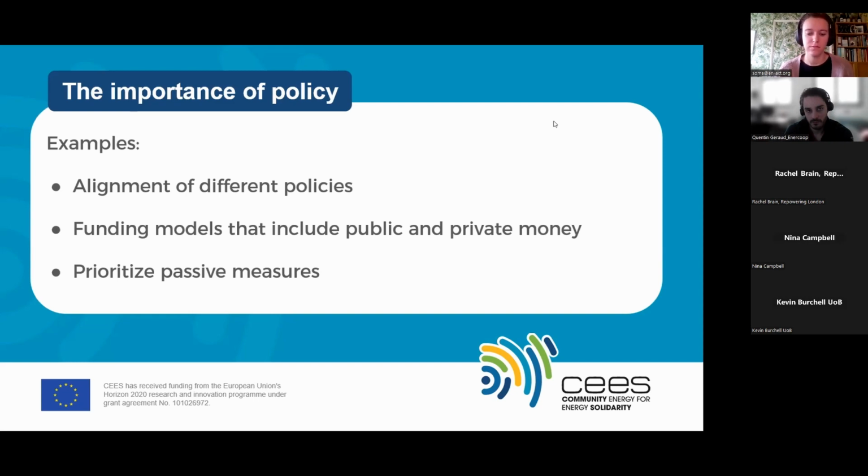direct this public money to those who are in energy poverty, or to the citizens that don't have money to pay for their own self-consumption systems, be that photovoltaic or other items. And the other thing that we discuss in this paper is to prioritize passive measures in the way that in Portugal